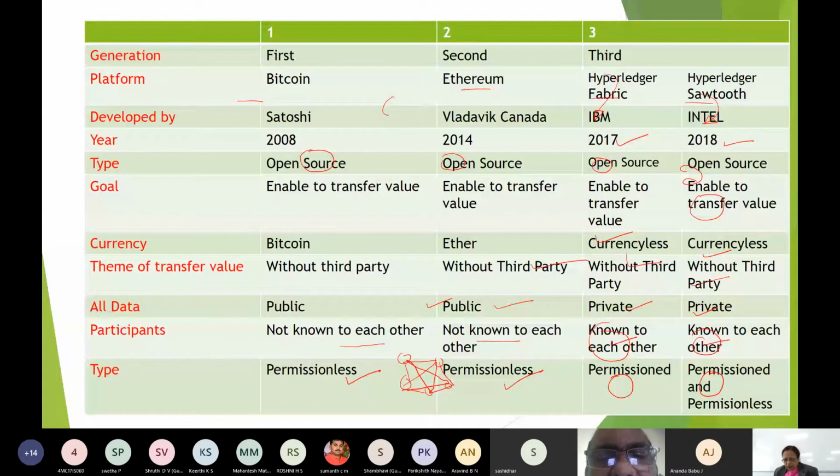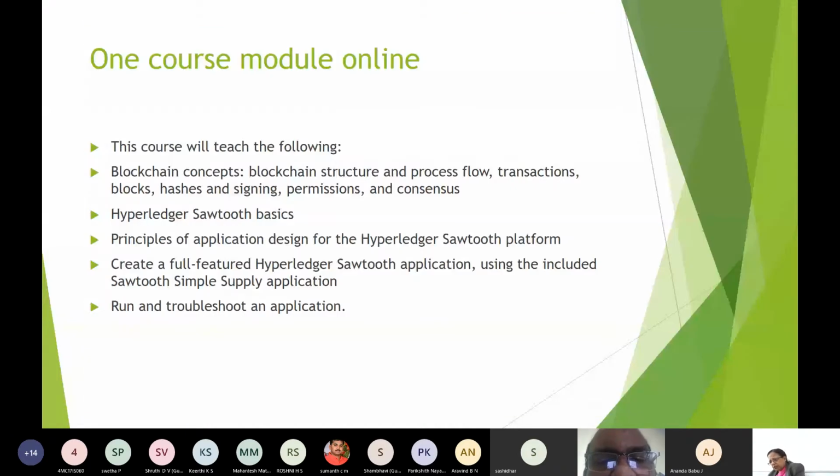Since most of us are academicians, I wanted to put across one course module that was taught in Germany. It's an online course, and the cost is around 870 euros.